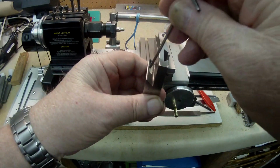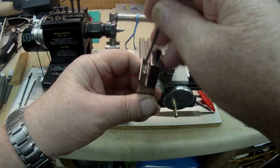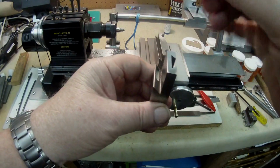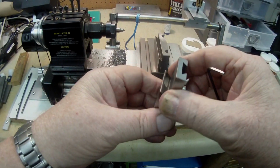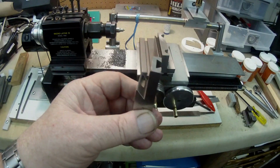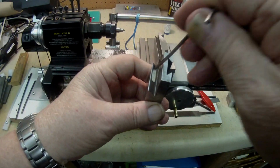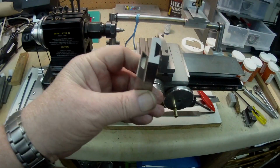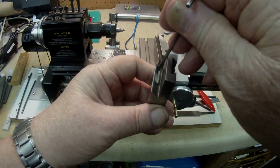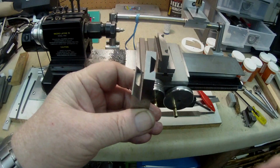Anyway, it was all dug out in the bottom of the slot here, where it had actually climbed and gone deeper and deeper, until I noticed it. And I didn't notice it at first. There was no noise, everything was cutting fine. So anyway, what I had to do was put it back in the vise and recut the slot deeper by